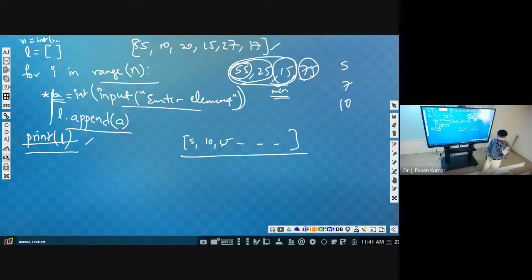We compare that with the next element, and we update the minimum whenever this element is less than the minimum. Otherwise, we keep it as it is. Now you tell the logic. How can we write it?